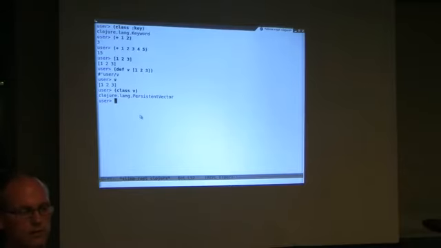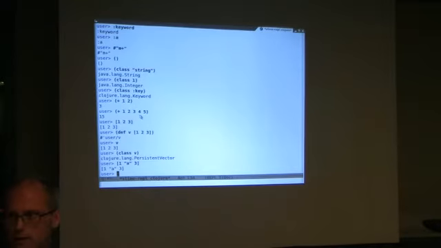So one of the things that Clojure has introduced, in addition to lists, are vectors, which are denoted by square brackets. And these things don't have to just contain a single type, they can contain anything. So that's a valid vector in Clojure. Another kind of collection that is introduced is